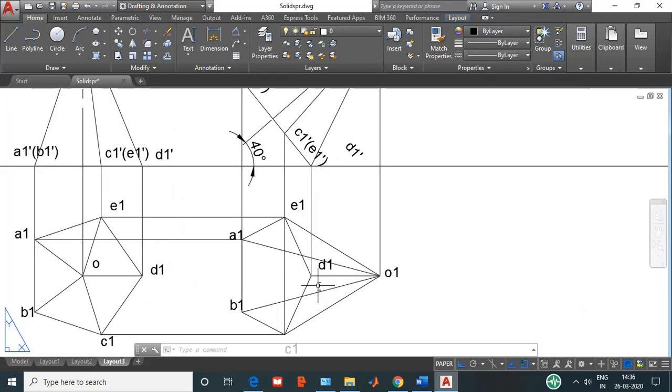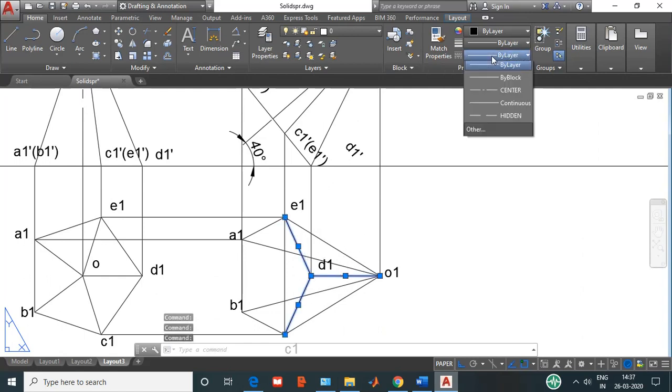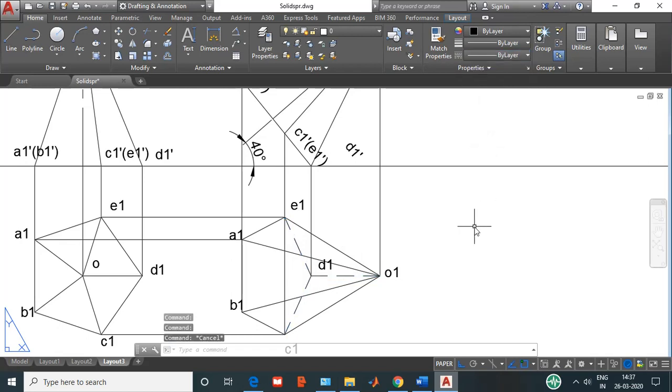So the line joining from D1, that is this line, this line, this line, these three should be hidden. These three will be hidden lines. So apart from that, the third thumb rule: no two visible or hidden lines should be crossing each other. Do you find any two visible or hidden lines which are crossing each other? No, they are not. Okay, so henceforth these are the hidden edges.